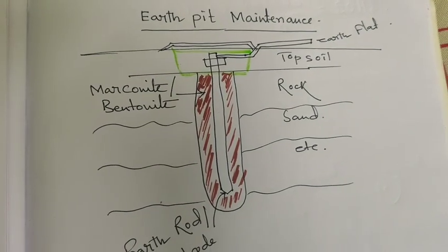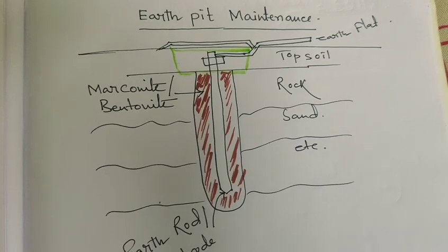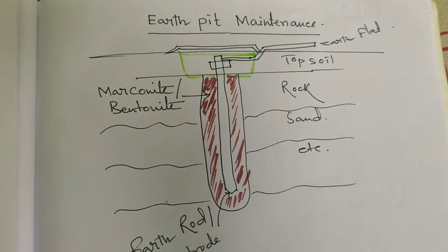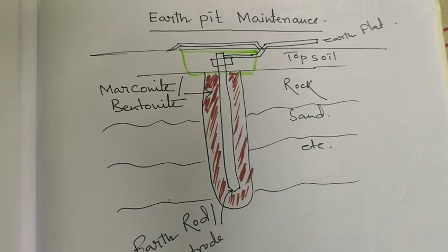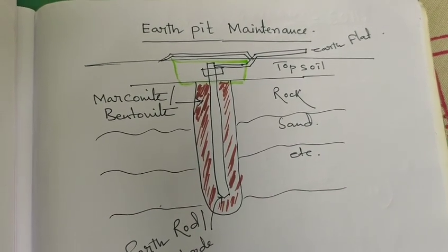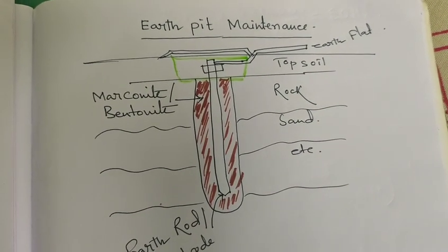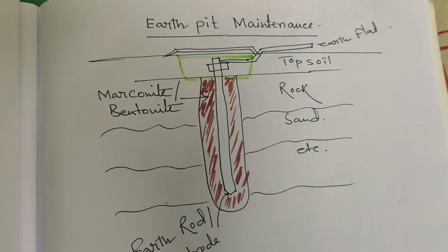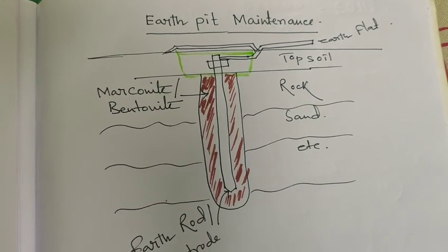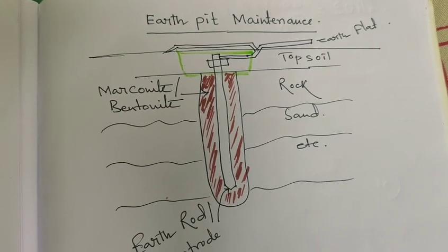Cleanliness. Open the earth electrode pit and keep the surrounding area free from any debris or vegetation, and remove it. Also remove any accumulated water first. Earth electrode maintenance is a very important inspection of the earth electrode for corrosion or damage, and replace or repair if necessary